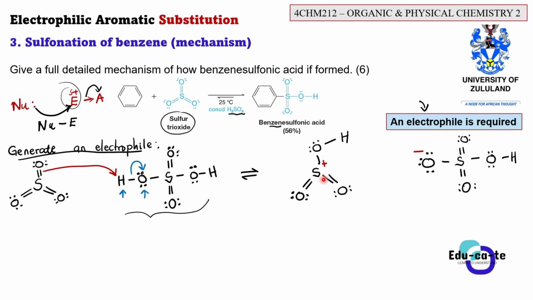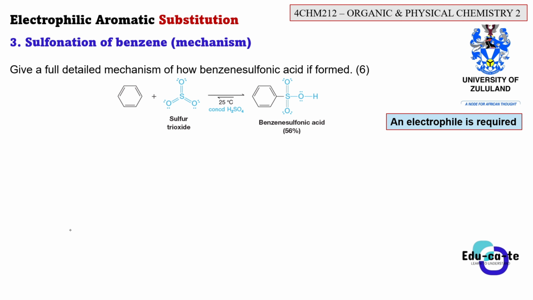Then if it's electrophilic, we already have our nucleophile, which is our benzene ring. We just need to react the nucleophile and the electrophile and get the result that we want. As simple as that. So step 2 here is just to take our benzene ring exactly as it is. In this case, our benzene ring has this structure. So it's something like this.